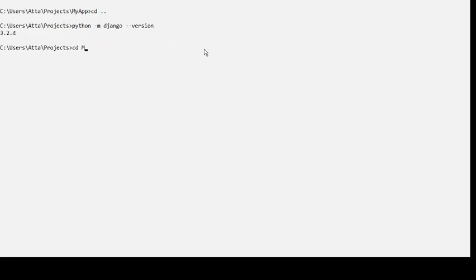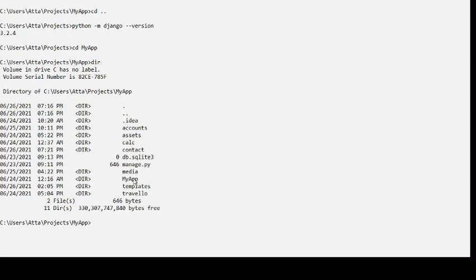If I go to myapp, you can see certain things have already been created. For example, the basic file that is very necessary is manage.py, which manages your whole project of myapp in Django.